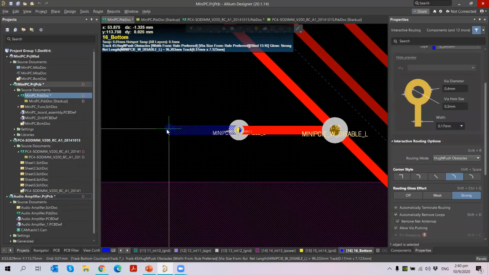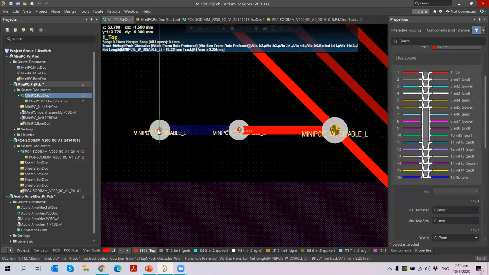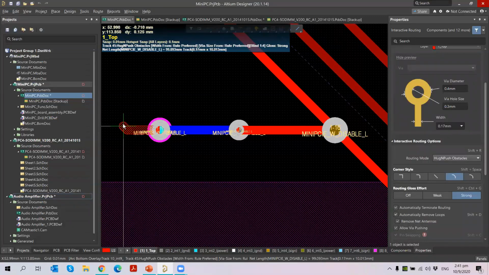You will see that it comes with the blue color, that is the bottom layer. And then I want to add one more via. So when I add it, I want to again cycle the routing. Let me press 6 again. So you see the skip via comes first, followed by the micro vias, then buried vias. So automatically the cycle continues to change. So I just click here, then I come out here, and then I want to place one more via.